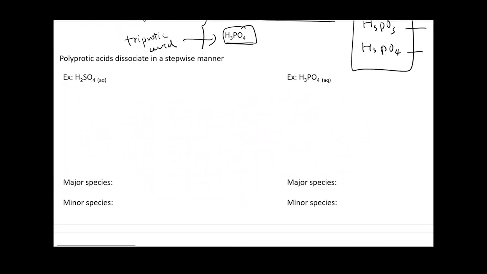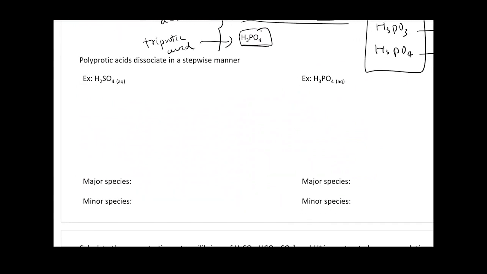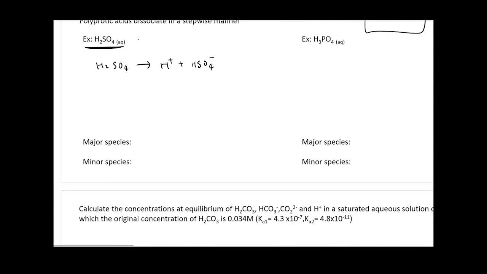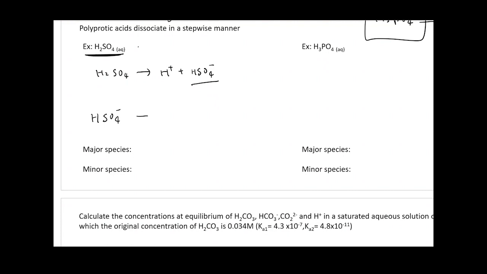What we're going to do today is tell you how you can handle a problem like this. If an acid can dissociate and generate more than one proton, how are you going to calculate the pH? H2SO4 itself is a biprotic acid. So H2SO4 is going to dissociate, generate proton plus HSO4 minus. What's going to happen later is that HSO4 minus can further dissociate and generate another proton, and then SO4 2